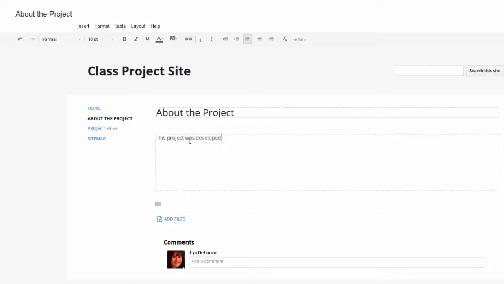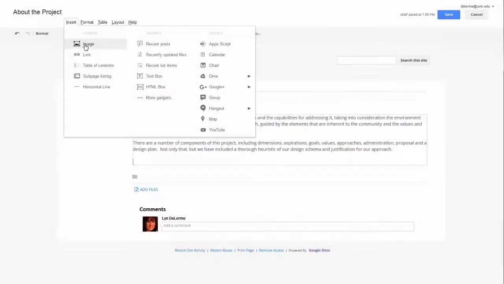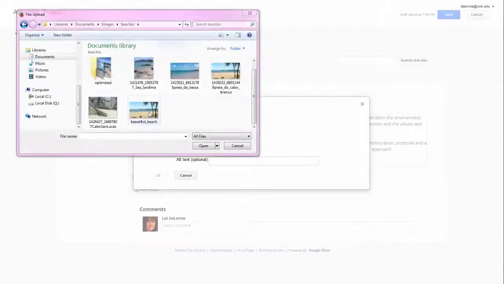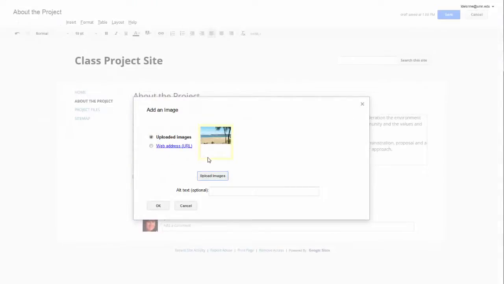It is also easy to add an image to your Google site. To insert an image, place your cursor where you would like the image to appear. Select Insert from the menu and choose Image. Select the Upload Images button to select an image from your computer. You may also link an image from another website, but do this carefully. Remember, images that are linked from other websites can change with unexpected results, so it is not recommended to link images without permission from the owner.